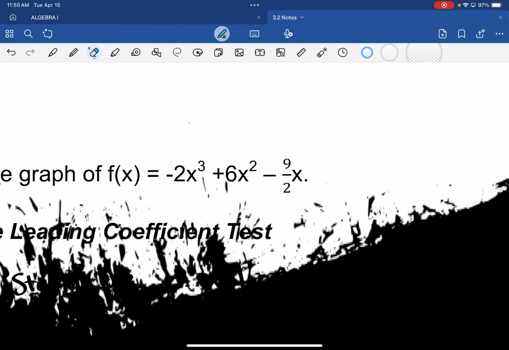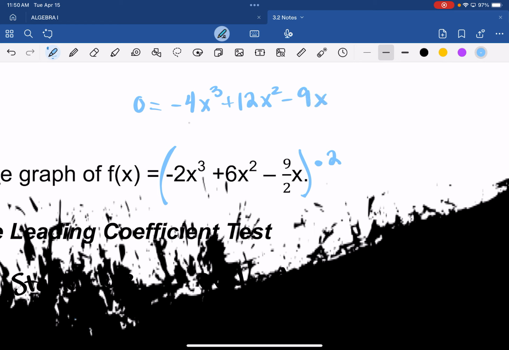Now, before you start, look at my equation. I have a fraction. How do you get rid of a fraction again? Yeah, just multiply by the denominator. Now we need to multiply everything by that. So I would have -4x plus 12x minus 9. Now, I wrote the 0 here because you're really only going to need to use this